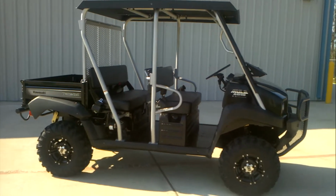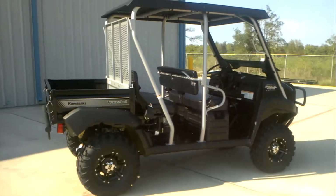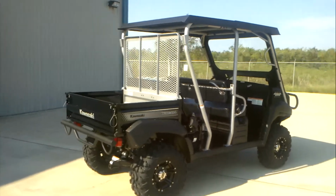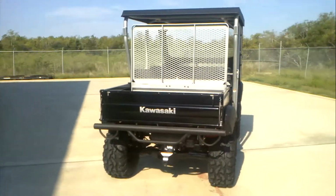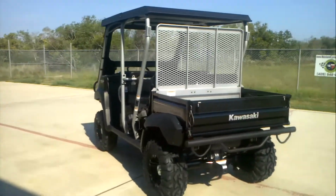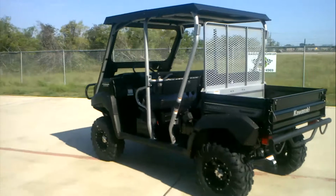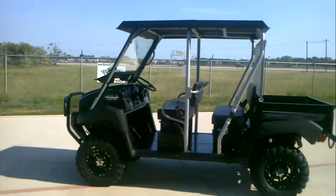Today we're going to look at a 2012 Kawasaki Mule 4010 Trans 4x4. This is in the super black, and this one, as you can tell, has some options, some accessories that we've added, and we're going to talk about those a little bit. This one has a top. It's a steel top,